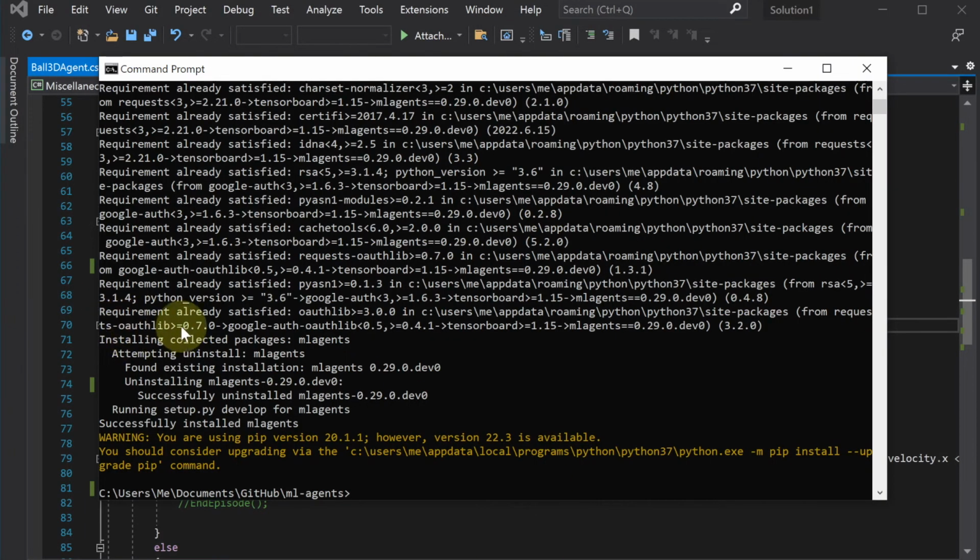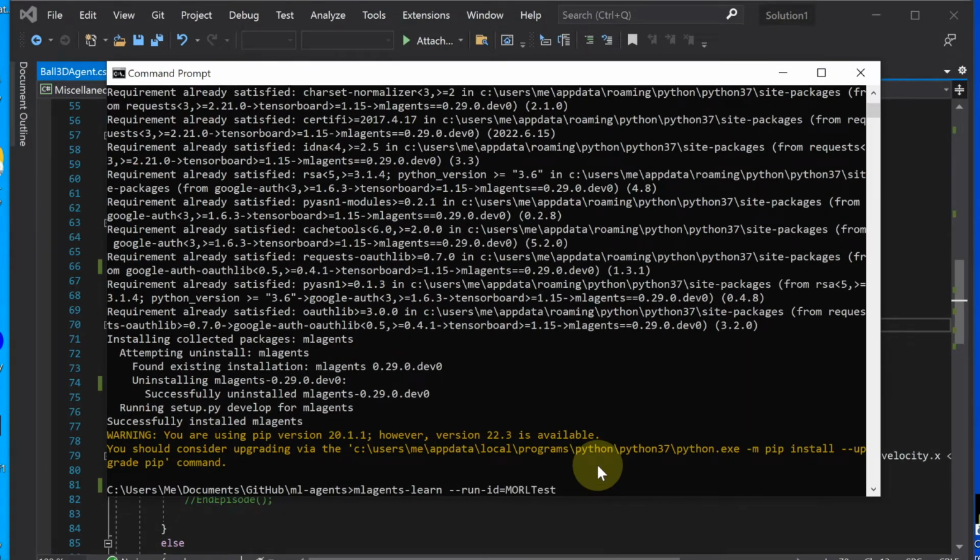So back to ML agents. So it's the ML agents -learn. We can give it a run ID. I'm just going to call this MORL test. And we also need the config file. So if I quickly show you the config file,